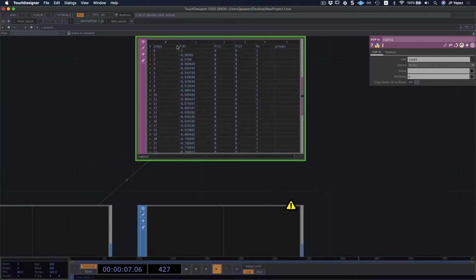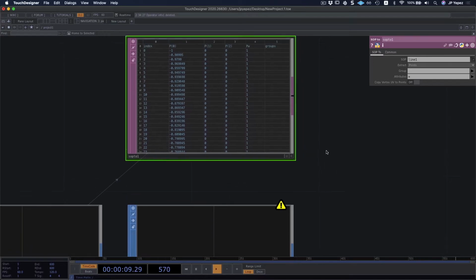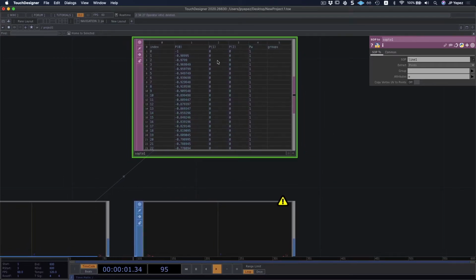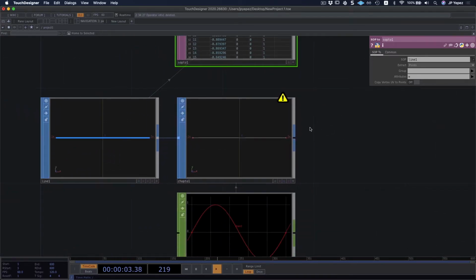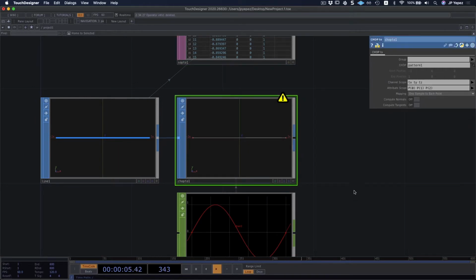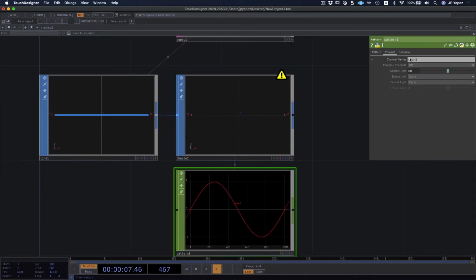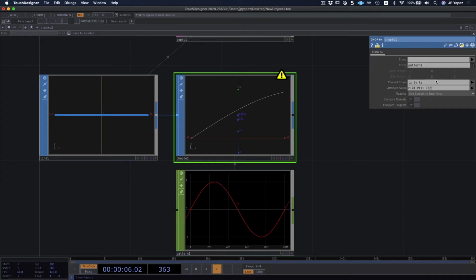And we can see a few parameters that we can use. And we have P0, P1, and P2. Those are our 3-point coordinates. You might be able to see other ones. Index is quite useful, but more often than not, you're gonna be using points. And in this case, what we're gonna do is perhaps rename our channel to TY. And we're starting to see something quite useful. We have displaced our points.